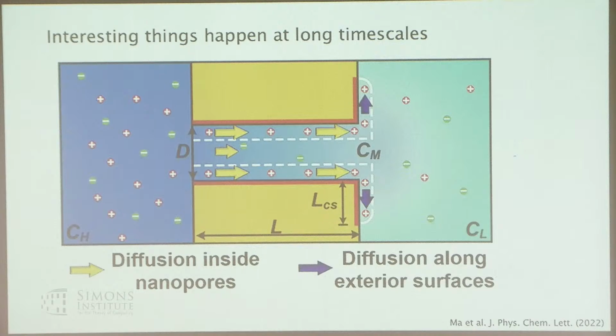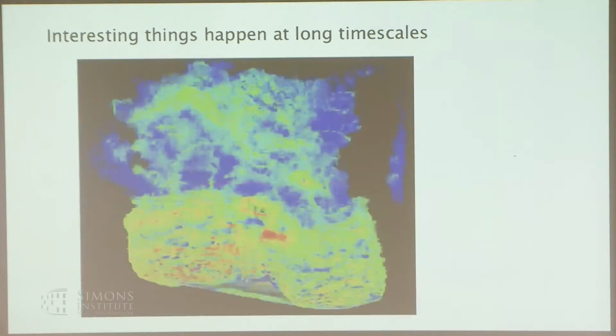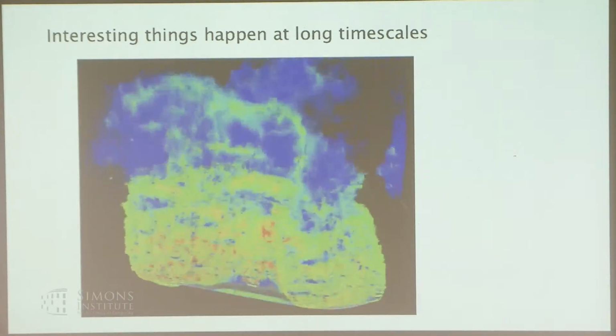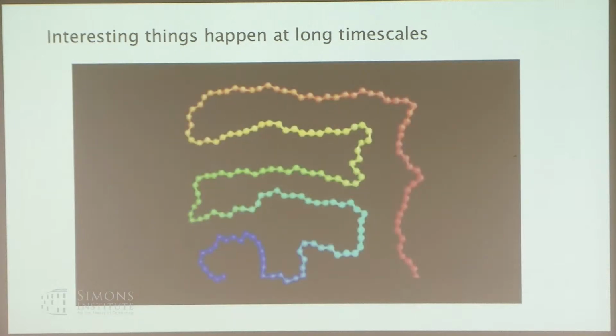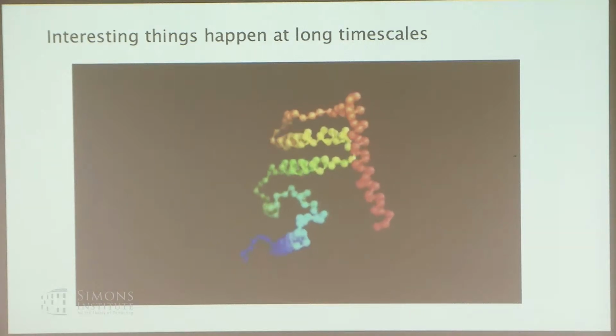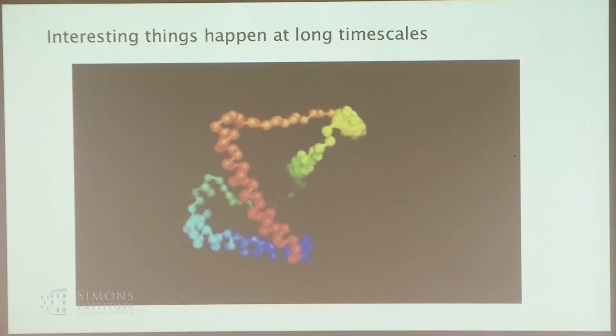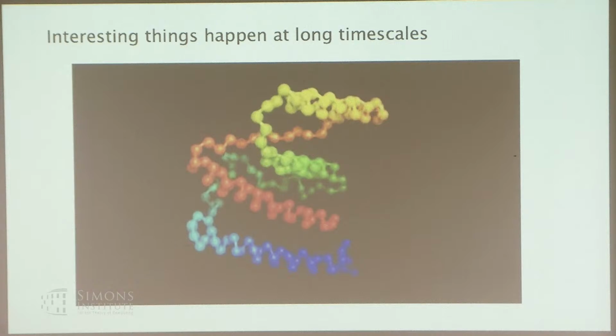There are so many examples of how interesting things happen at really long timescales. For example, batteries rely on very long timescales to see behavior like the charging cycles, to see things like degradation. There's also a fluid dynamic simulation of an airfoil. This is very critical because if we didn't have these types of simulations, we probably wouldn't want to fly airplanes. And there's also, of course, protein folding, another grand challenge. How do we actually simulate these systems over time? This is a really hard one because we want really big systems that we want to see over orders of magnitude timescales.